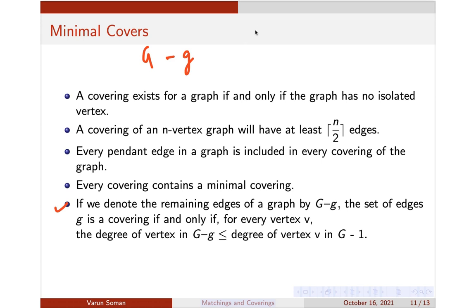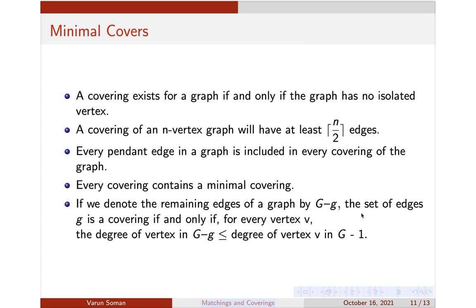It can also be reduced by more than 1, because if there are 2 edges, suppose this is a graph here. Suppose my covering consists of this edge and this edge also. So when I delete those 2 edges, the degree of this vertex will be reduced by 2. So it can be reduced by more than 1, but anyway at least 1 degree would be reduced from the degree of each vertex if you are deleting the cover. So that is why the degree of each vertex V in G minus the cover will always be less than or equal to the degree of V in G minus 1. It's a basic idea if you know the concept of covering.